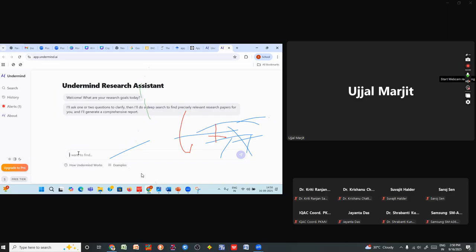All you need to do is you just type app.undermind.ai. Now you paste here. Conduct literature review on AI in education. Now click. It is just thinking,